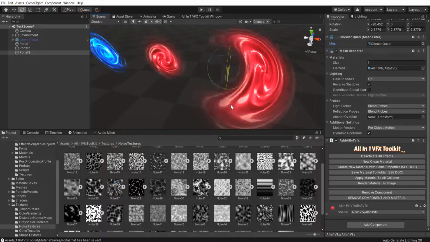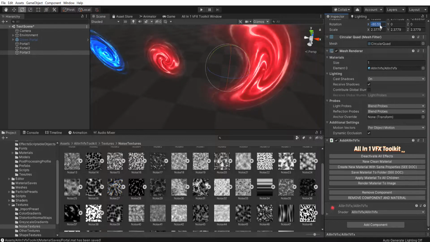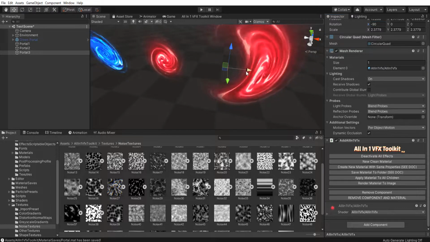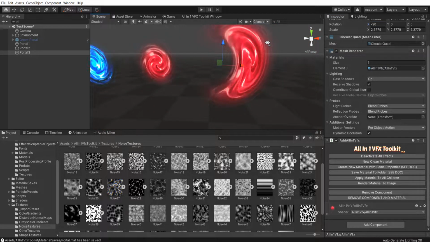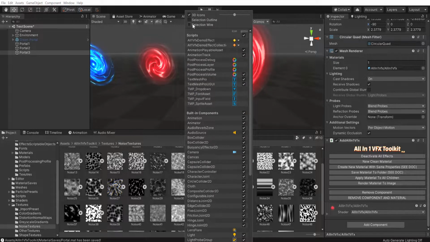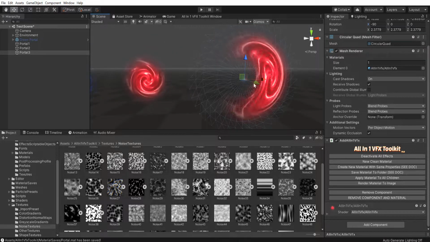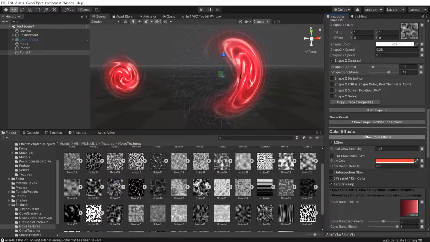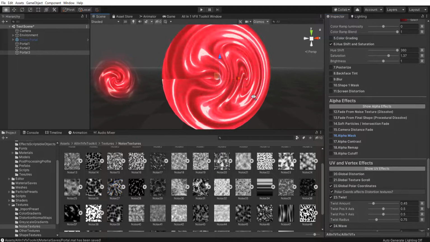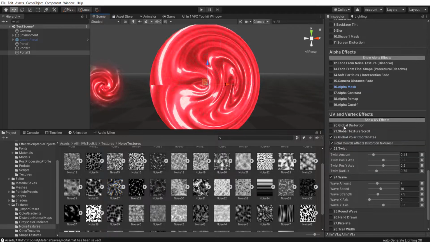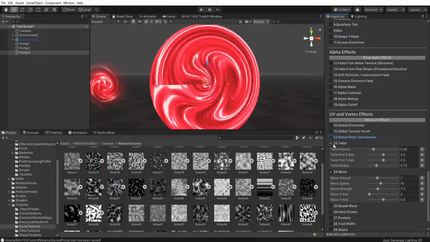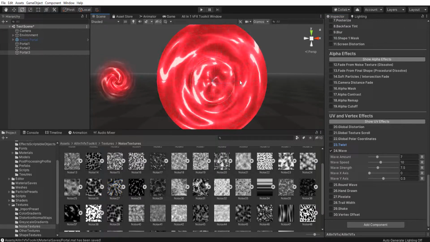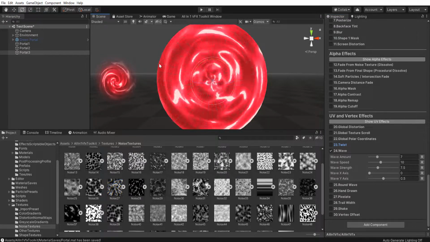So let's first rotate it to face the camera. So this will be minus 90. And then let's fix this thing. So the problem is that we are now using this mesh here, and we need to change how this works to fix it. So the problem is this alpha mask here. So let's change that. Let's remove the polar coordinates. Let's remove the twist. And this is already looking fine, but the problem we have now is that the borders